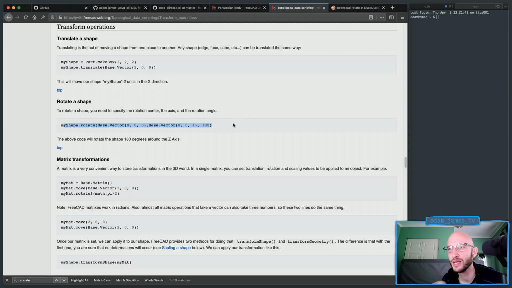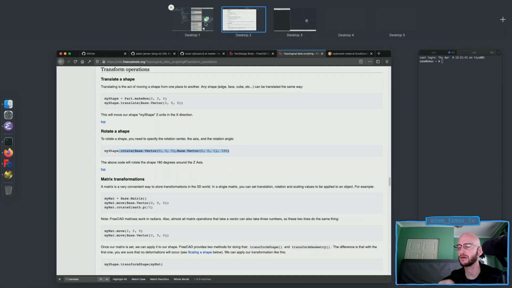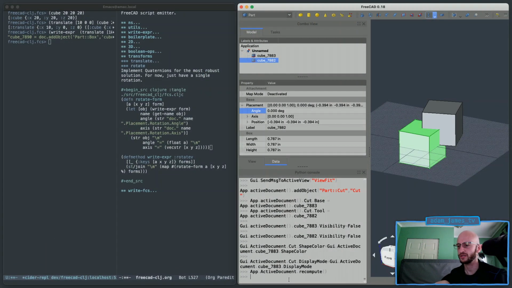Oops. Okay, so the rotation center. Okay, yeah, so the center, the axis, and the rotation angle. All right, well, let's have a look. Let's see if this is what I'm looking for. Okay, so shape.rotate. Where am I looking here? Yes. So let's say